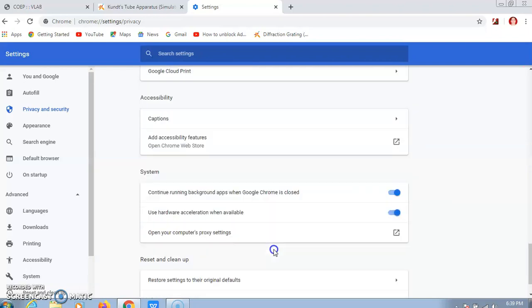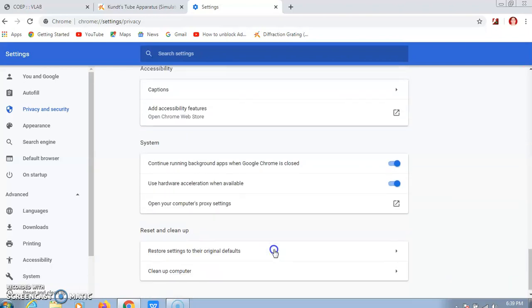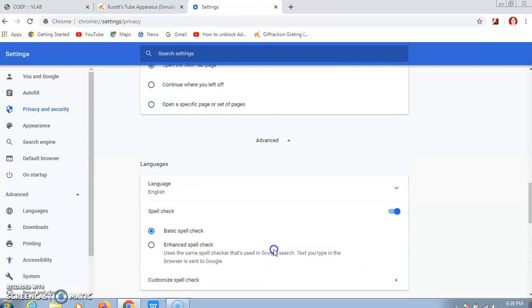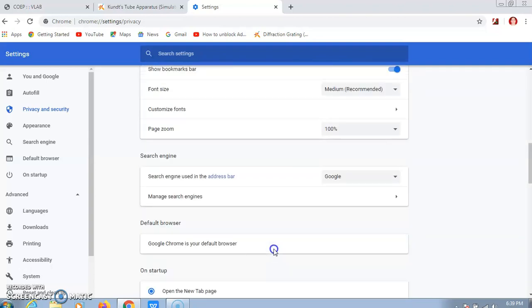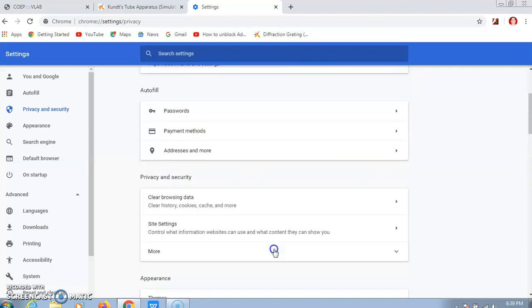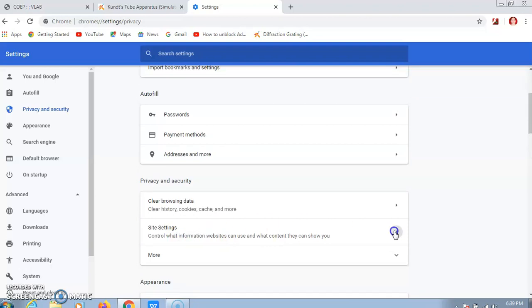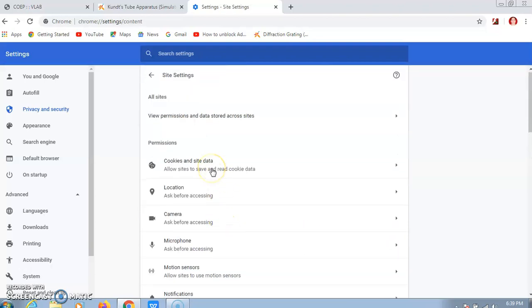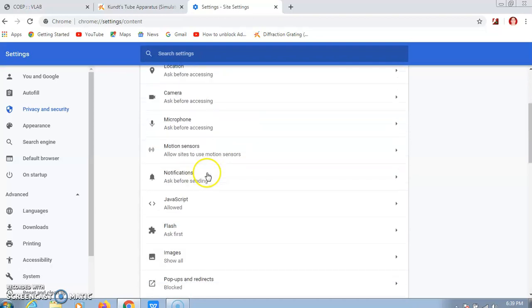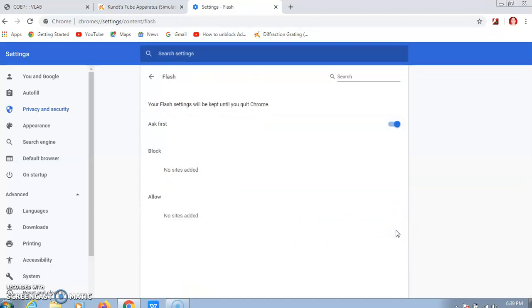In that again you go for site settings, in which you will come across the flash player. So click here on flash, and here you can see that there are no sites which are allowed to use the flash player.